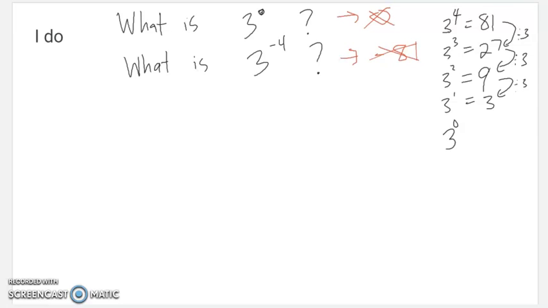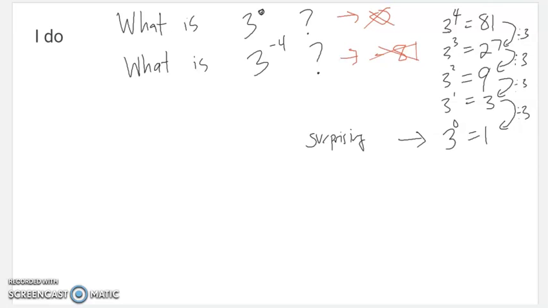Well, it's actually not 0. You keep going: you're dividing by 3 one less time, or multiplying by 3 rather one less time. So you keep dividing by 3 when you work down this list. And it turns out 3 to the power of 0, 3 divided by 3, is 1. It is not 0. It is 1. Like I said, that's surprising,